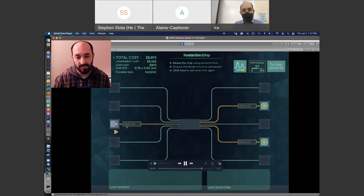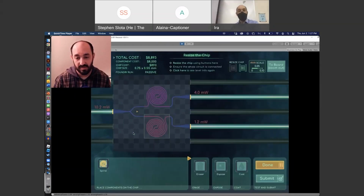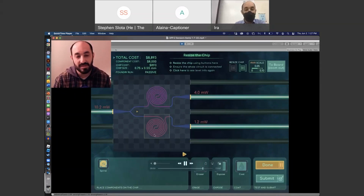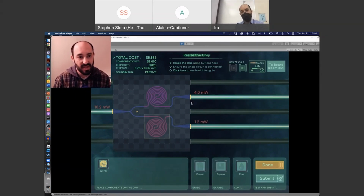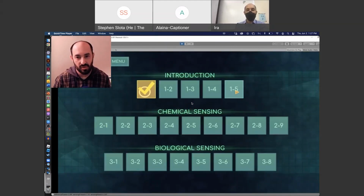And then you might see here the 3240 nanometers. That is the specific wavelength of light at which methane absorbs light. And if I had chosen a different wavelength, then it would just pass right through this spiral. It wouldn't get absorbed at all, and we would see these numbers being the same. So we had to build a whole model of the way that light actually interacts with materials to be able to